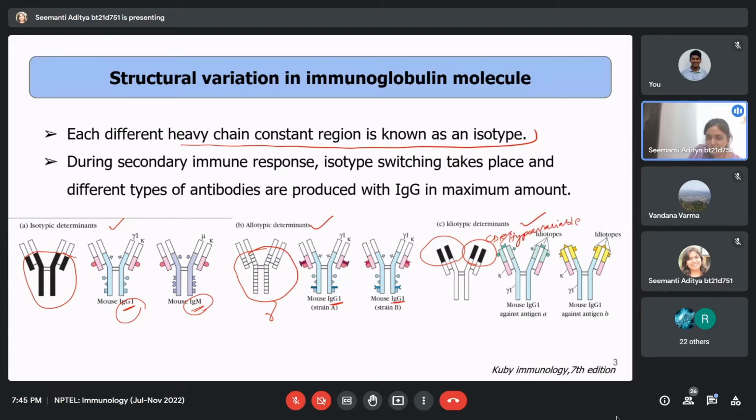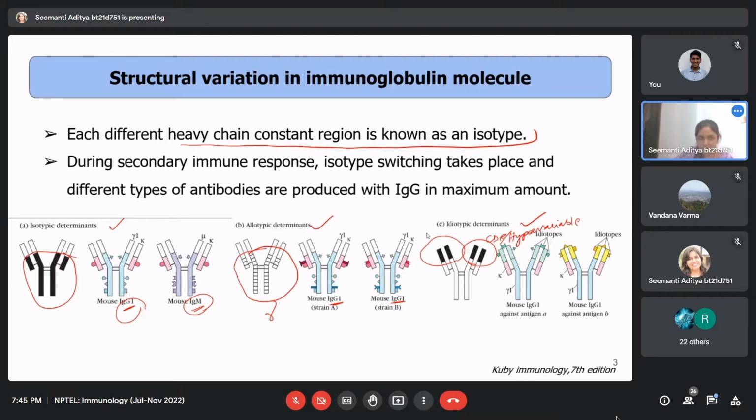Idiotypes are basically the regions that are going to bind with your antigen, and therefore they are very highly different from isotypic and allotypic determinants. And idiotypic determinants will give rise to a variety of antibodies that can interact with a large library or large pool